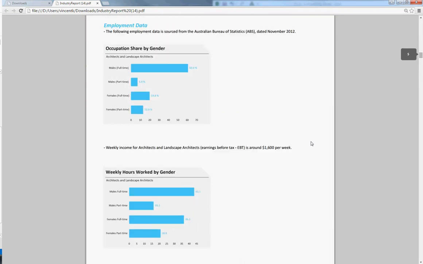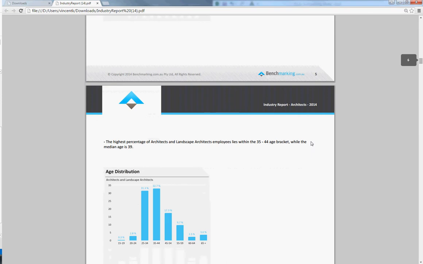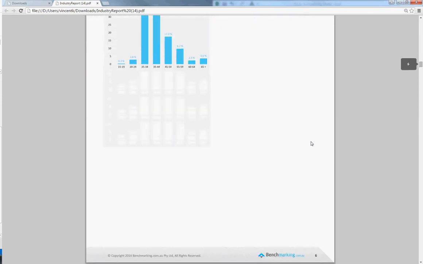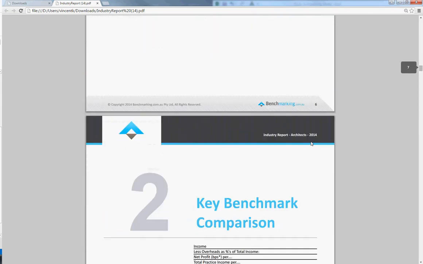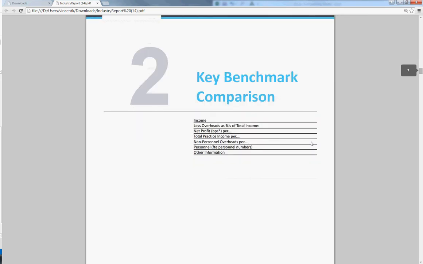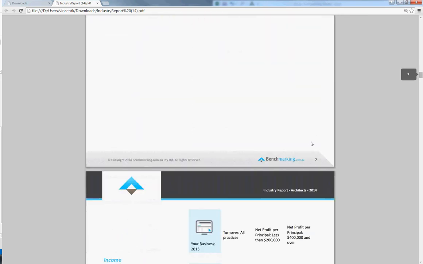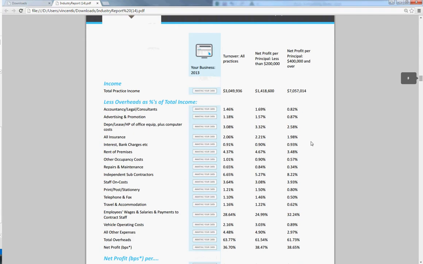And as we continue on, we have some information around the employment data. The next section is the benchmark comparison. So you'll notice in this page, in the first column here, we have a number of cells saying awaiting your